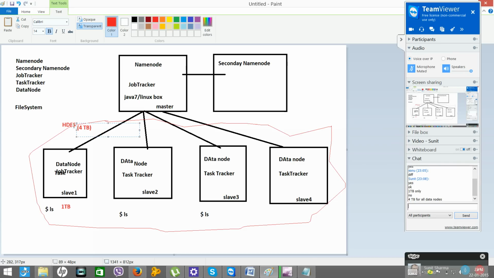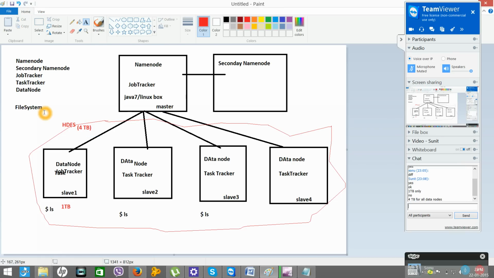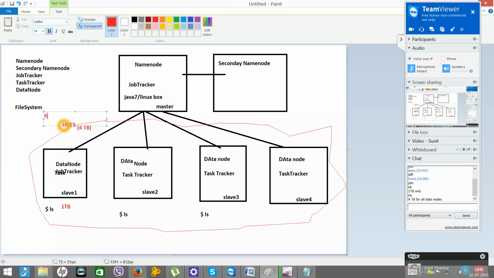That means in case of Hadoop, when you store a file, let's say I have one file of 200 MB. In how many blocks will it be divided? 4 blocks, right?